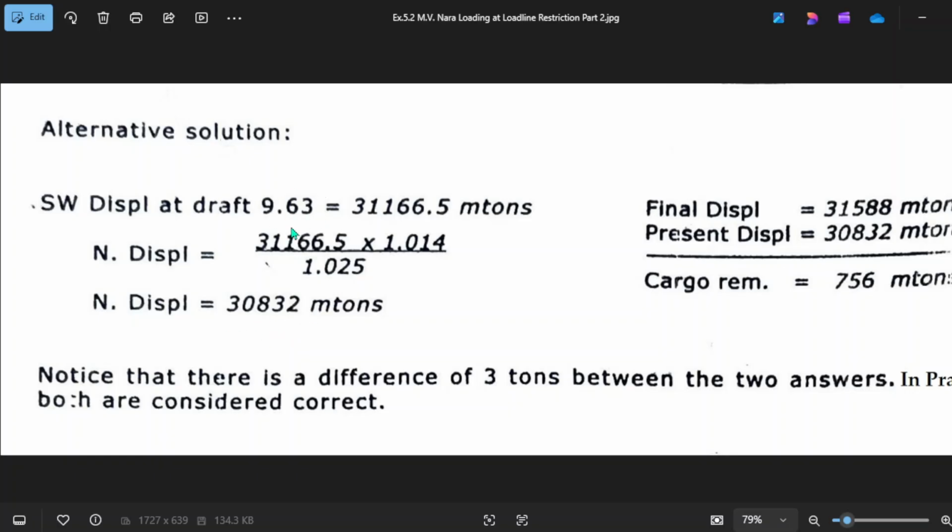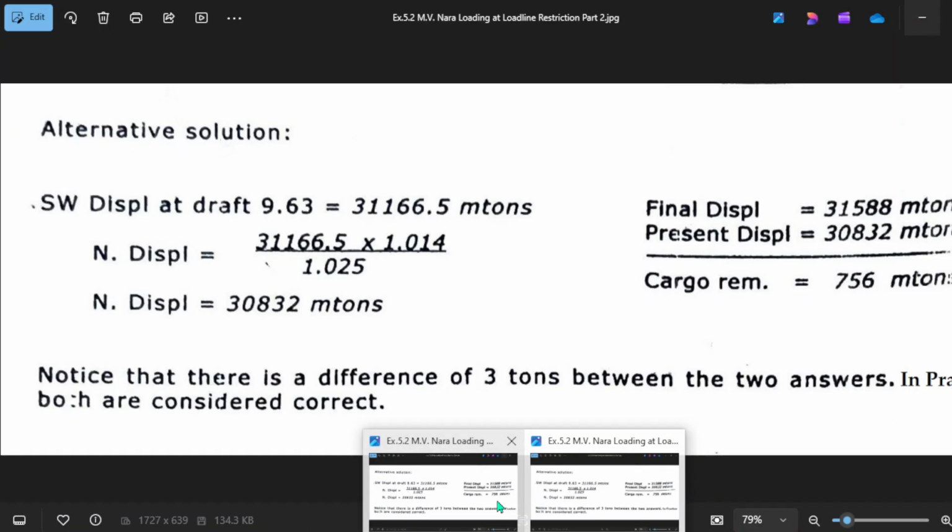Because this is your backwater displacement, you convert it to saltwater displacement, which is 30832, which is this one. Then you will have 756, and it says here that there's a difference of 3 tons because the other one, which other one?